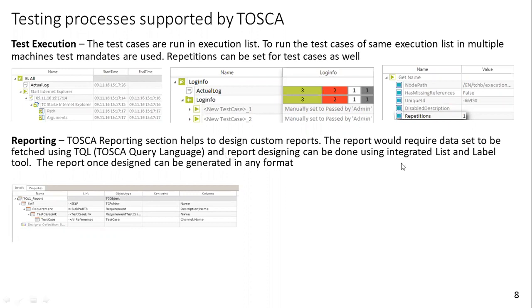And how are the reports created? By the List and Label tool, which is integrated within Tosca. Okay. You can download the report in any format because it allows multiple formats like PDF, Excel, Word document, and so on. Okay. Moving forward,